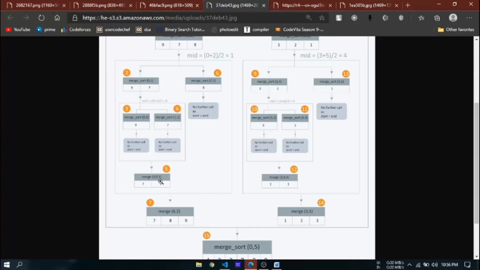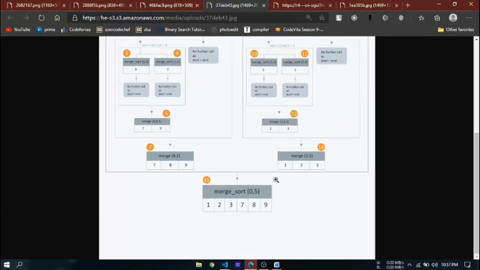Similarly, we will merge this 7, 9 with 8 and form a new array which is 7, 8, 9. Similarly, we will sort these 2 numbers to form an array, sort these 2 numbers to form an array, and after this we will sort this number to form our array. This is our final answer.